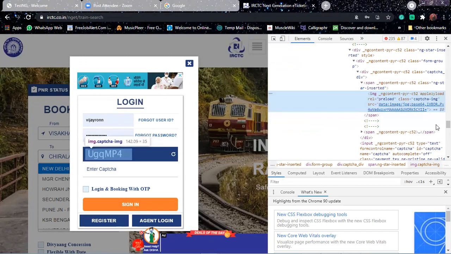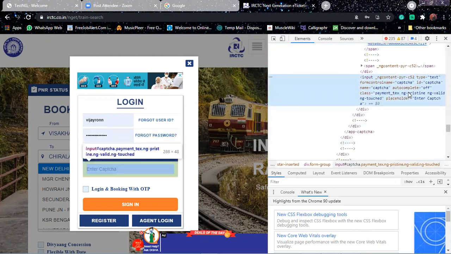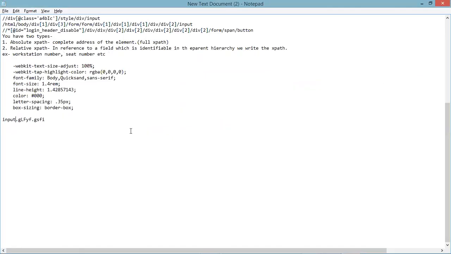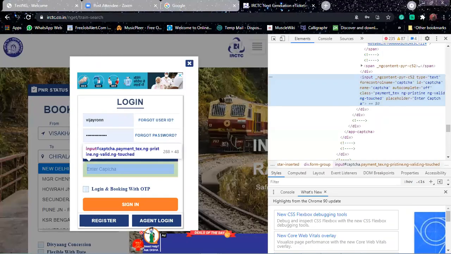In that, you see ID equal to origin is there earlier, right? Input. Now also in the bottom, you can see captcha ID equal to captcha. For that, you copy the ID and it's going to be an input field. Copy the captcha alone. Go to your notepad and type input hash, no, dot hash, paste that captcha. This is another way of locating with ID.